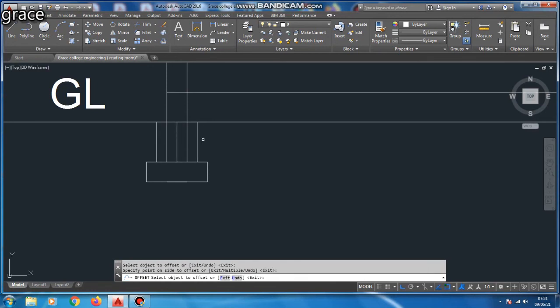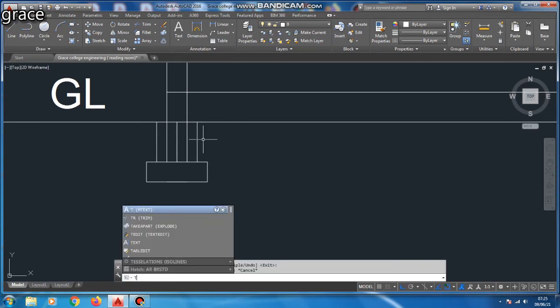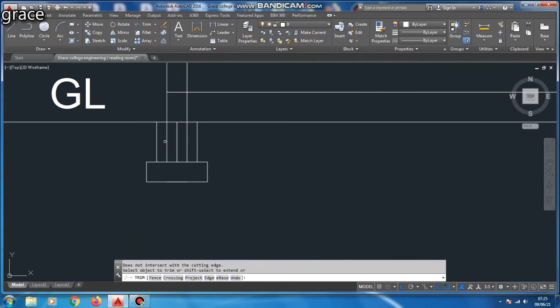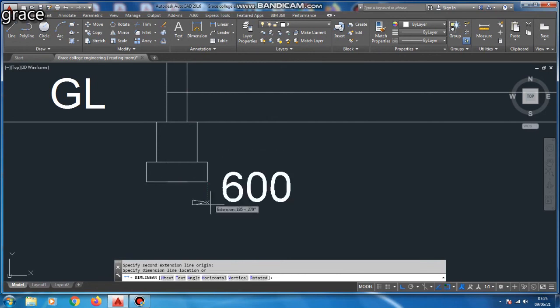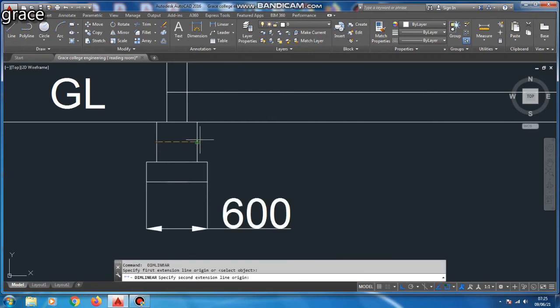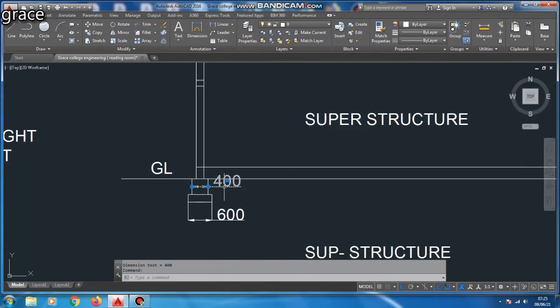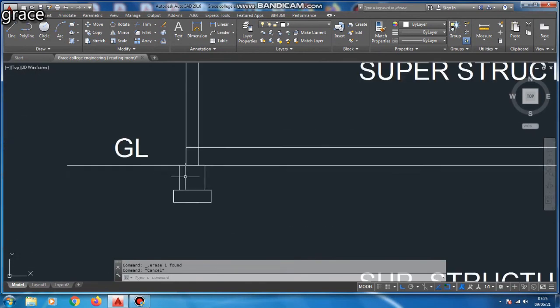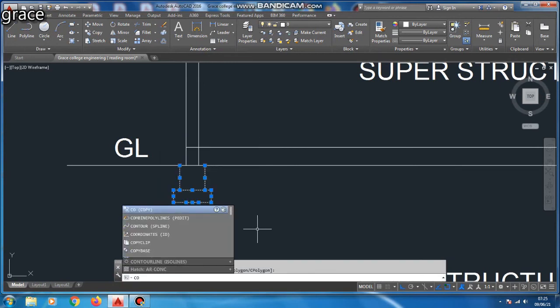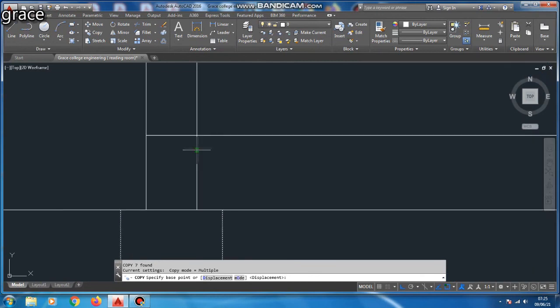So next, by using the trim command, trim or cut the excess line in the substructure. So it is 600 cross 200. So we are going to copy the substructure to the right hand side.